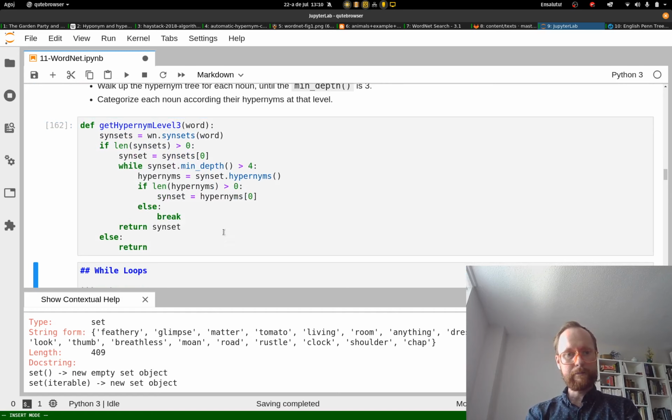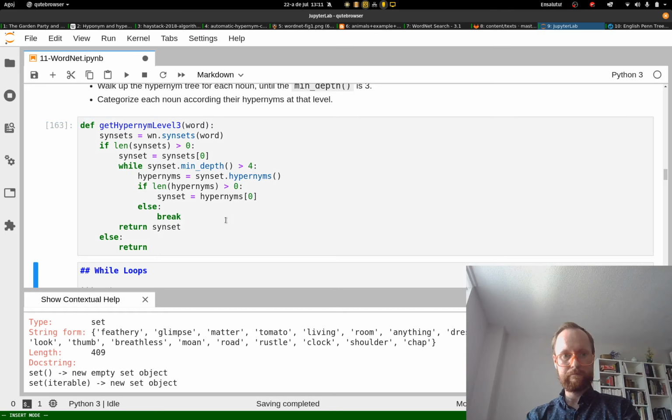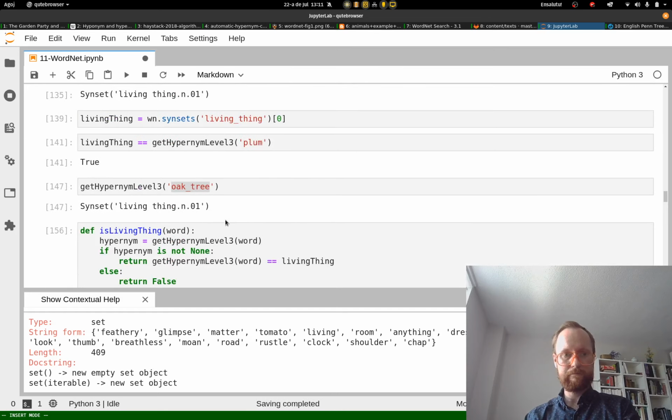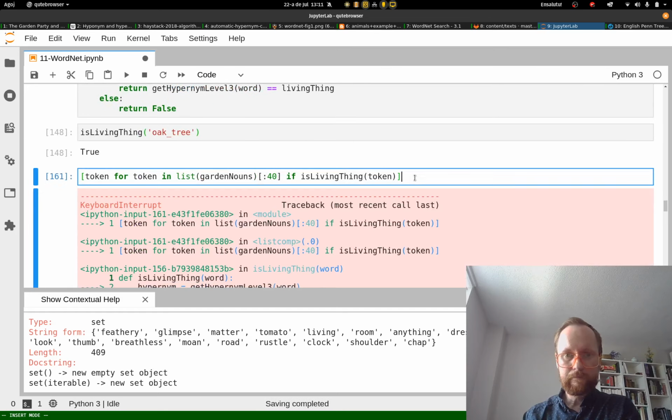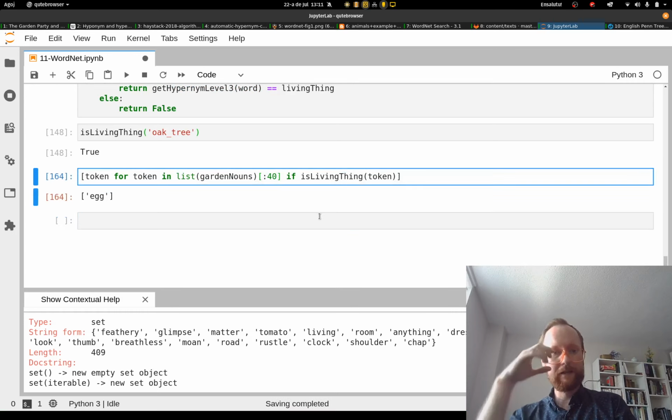I think break is the keyword that we want, because break will tell this while loop to stop. Ah, so egg is the only living thing